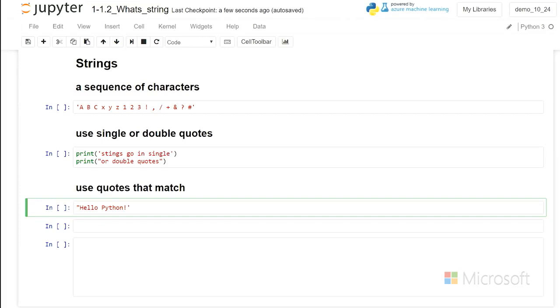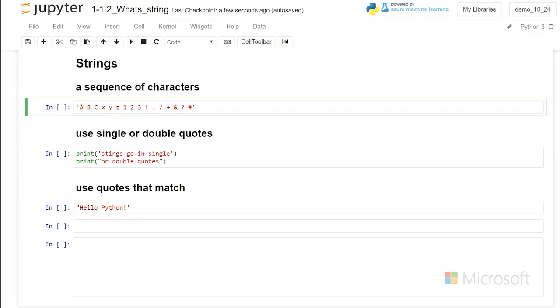We've worked with some strings printing, and now let's talk a little bit more about what a string is. A string is just a sequence of characters, and that just means one or more characters. And the characters are just the keyboard characters for the most part. So lowercase a through z, uppercase A through Z, as well as the digits 0 through 9, and a variety of punctuation and characters, and just any of the symbols that we see.